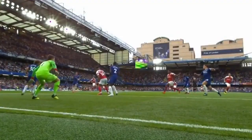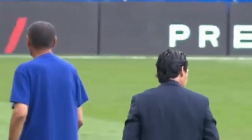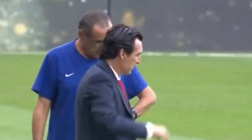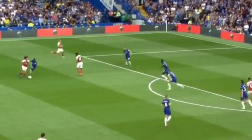Entertaining game this, isn't it? What's happened to the Chelsea defence this time around? We've scored 2, they've had... I think we've said how poor Arsenal have defended, but we've got to say, it's 2 sides to the game for Chelsea. They've allowed Arsenal to get to the byline. For the neutral, it's great, because there's been more goals in this game the way the 2 teams are